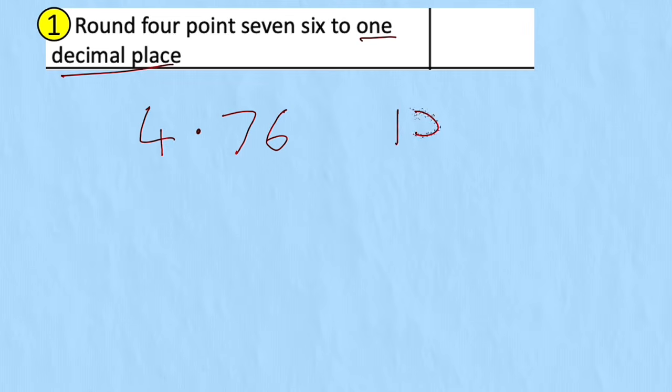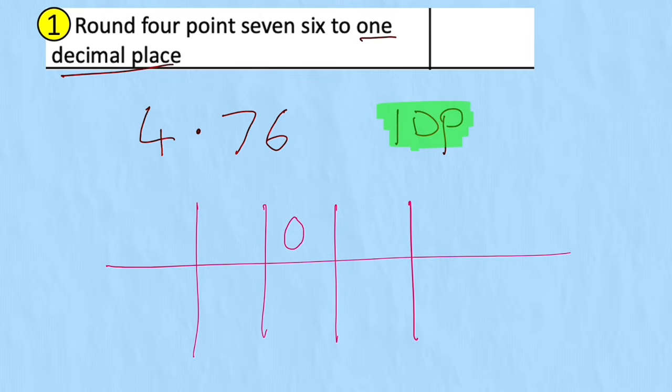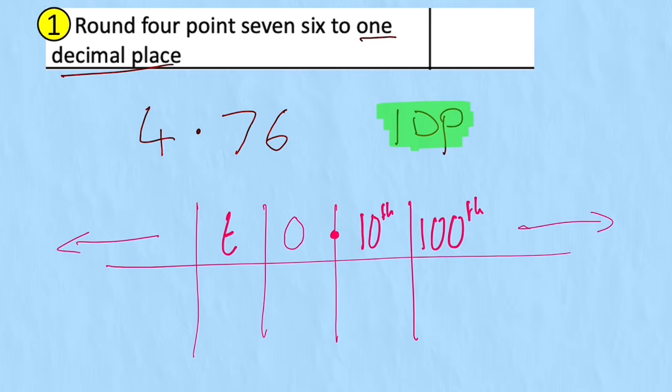So 1 decimal place. So I guess what we need to do is understand what 1 decimal place actually means. Well, when we're looking at this number, if we put it inside a place value chart, I could have my ones, my tens, and then next to my ones I'd have my decimal point, my tenths, and my hundredths, and obviously I could go infinitely in either direction. But this part of the place value chart is all I'm going to need. And then let's put in our number,